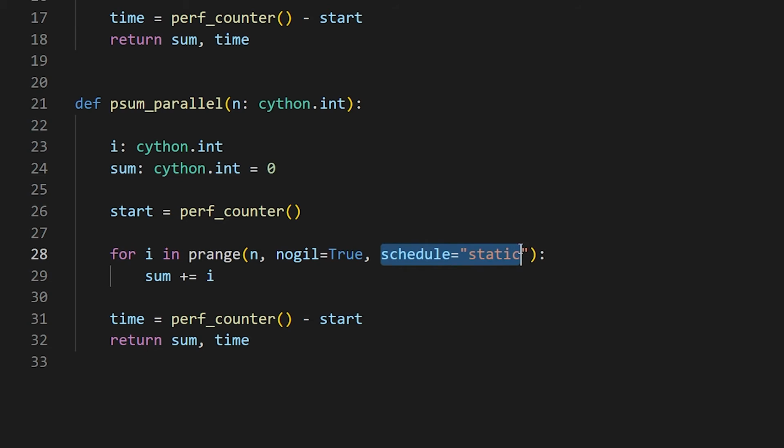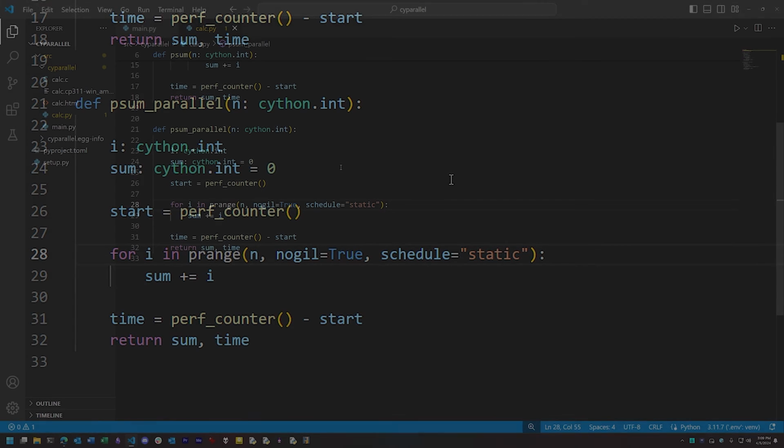Finally, we have the schedule option. This lets us tell the OpenMP backend how to handle scheduling of work in each thread. Static is the best choice for when the workloads are all heavily predictable, since all it does is parcel the workload evenly across each thread. But if the workloads have a lot of variance in their runtimes, you will want to try playing with the other options to see which yield the most efficient results. The docs go into more detail about the ways the other options work, and we may explore those in other videos. It's also possible to specify how many threads to use, but the default is just to let the runtime decide how many threads to launch based on the number of available cores.